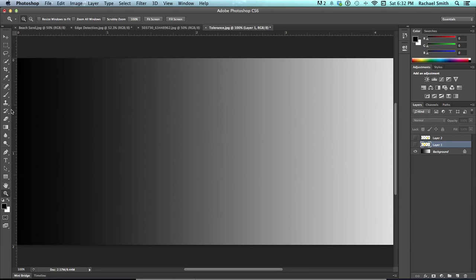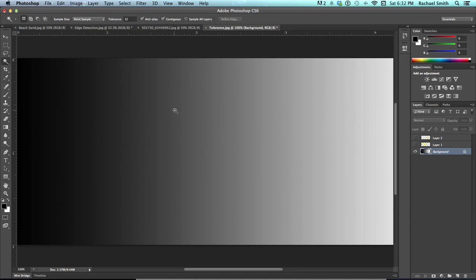The last of our basic selection tools are the edge detection and color tools. So if I click on the tool just below the lasso, choose the magic wand tool. Now I have this gray gradient to show you about tolerance, because tolerance comes into play in more areas than